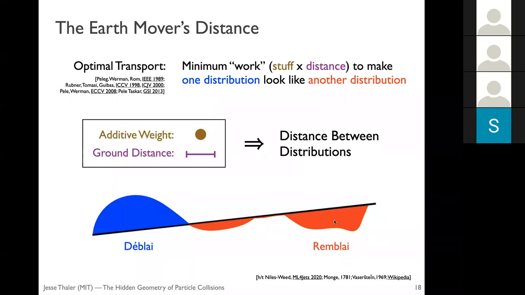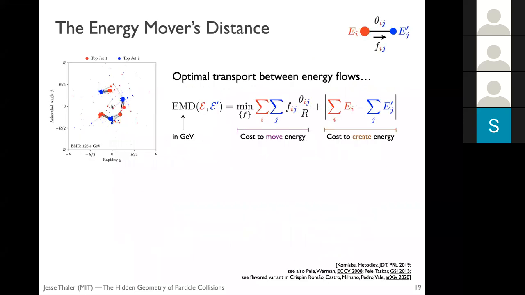So in the one-dimensional example, it's clear, but in the multidimensional case, this is a hard computational problem. And if you have M particles, roughly speaking, the computational cost of figuring out the optimal transport plan scales like M cubed log M. So for 100 particles, you're talking about something that scales like 10 to the 6, and that can get really expensive. So this is a great conceptual idea, but it can be expensive to implement